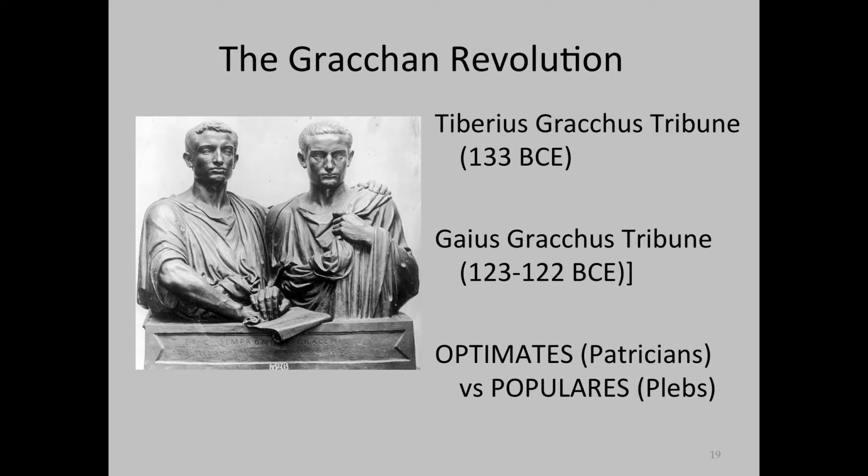Tiberius openly defied the Roman principle of collegiality. He went ahead with the law to redistribute the land, and he started to establish a commission to actually implement the law and administer it. But the next thing he would do would be to defy the law of annuity. Remember, the annuity idea was the idea that public officials only had a limited tenure in office of 1 year. He defied the principle of annuity by standing for election as tribune for a second year, for 132 BCE.